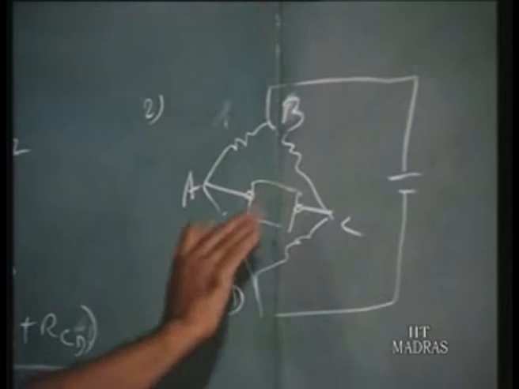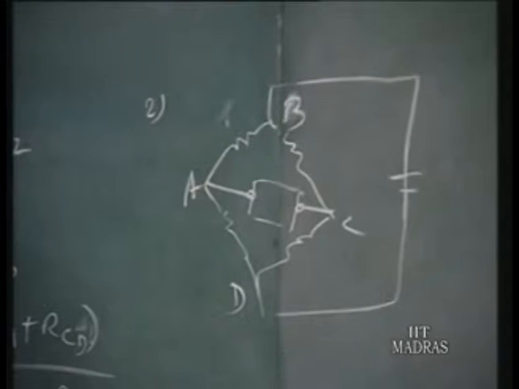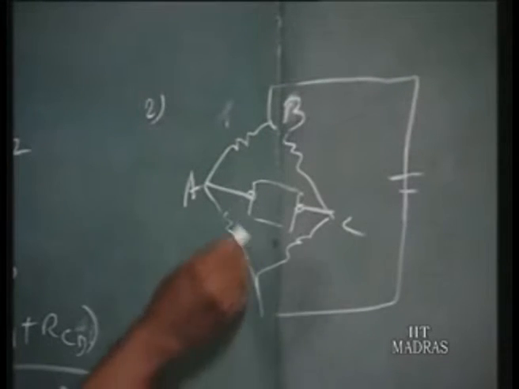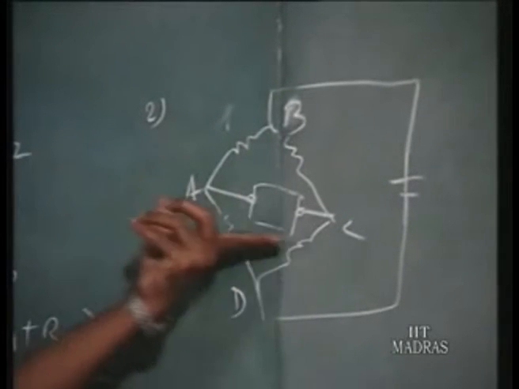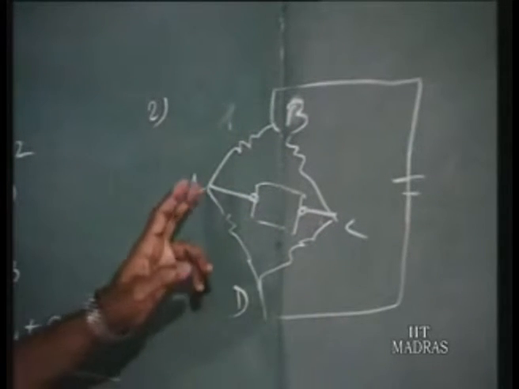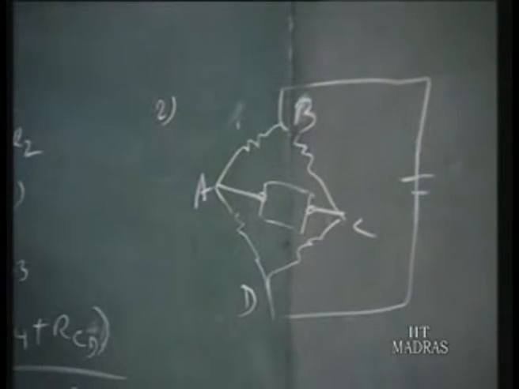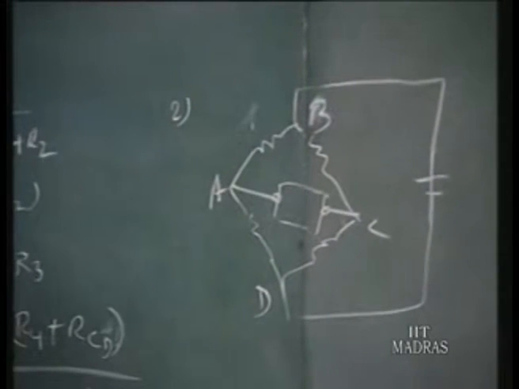For finding out the output resistance, normally we short circuit the battery source. Now as we have done earlier, these are the 2 points A and C. Across AC we have to find out. So start from one point and try to reach the other point. How many paths are there? So many parallel paths, and find the equivalent resistance. That is the way we are going to adopt.